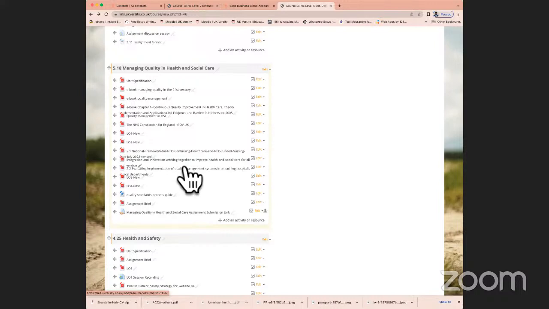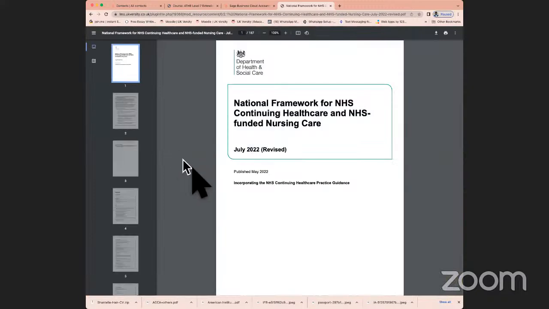So I've downloaded the NHS framework, which is primarily developed for quality, how quality is going to be maintained and implemented across the NHS. This is a revised document downloaded from the .gov website, and a lot of material that I'm going to be looking at